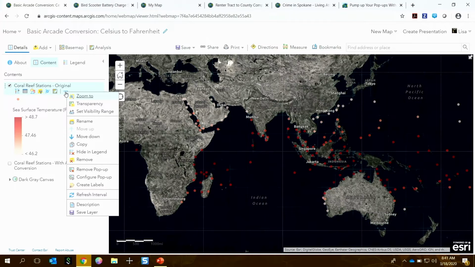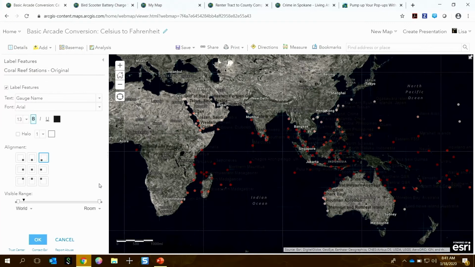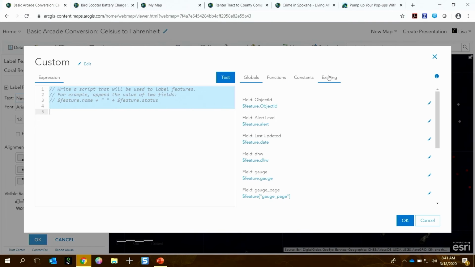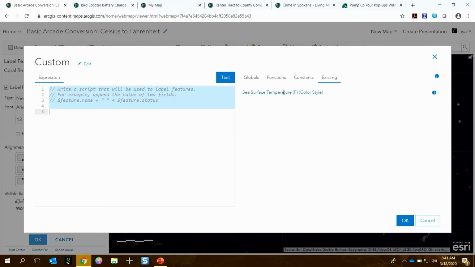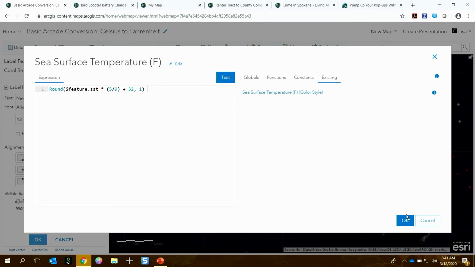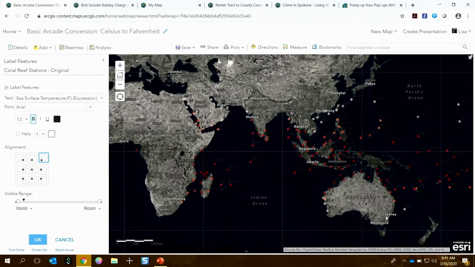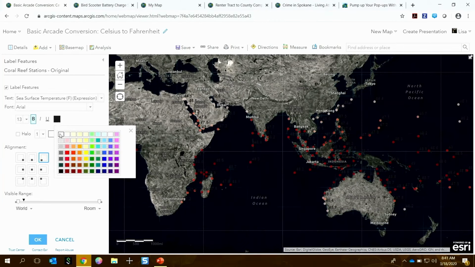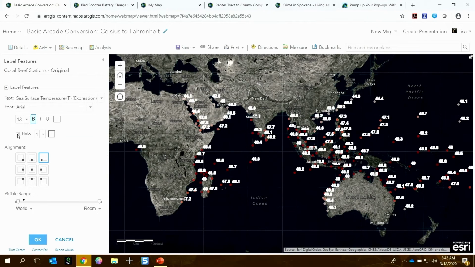So let's see how we can reuse an existing expression for something like labels. So if we go into create a label like we normally do, I say I want to use an expression. Here, this existing tab has now popped up. I click existing. Here's that expression I just made. I'm going to give it a name. And it's the exact same thing we just wrote. Okay. I'll make my text white. And there we go. We now have used Arcade in 2 different places in our map,